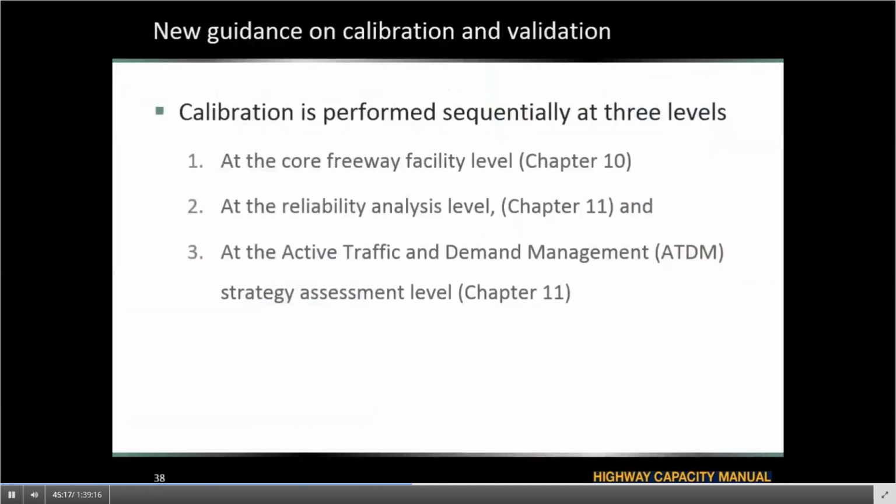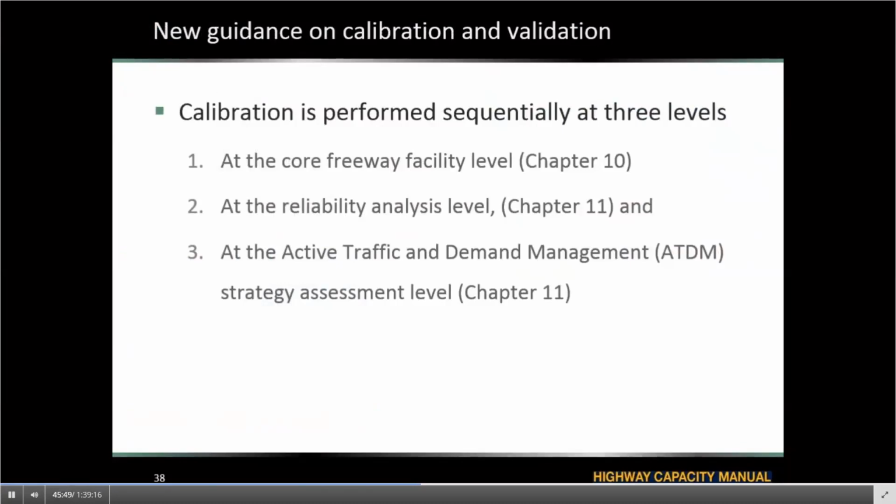All right. Another big change in the new HCM is the new guidance and more emphasis on calibration. We talked about calibration of the speed-flow model, through calibration of the capacity and free flow speed. But apart from that, looking at the facility analysis or reliability analysis, we do have new guidance on how to go about calibrating this analysis.